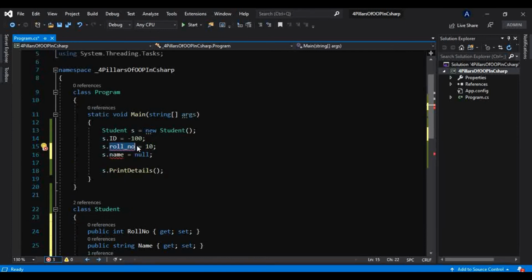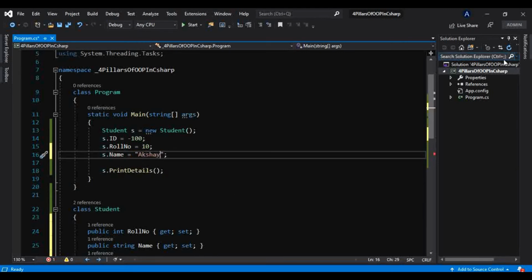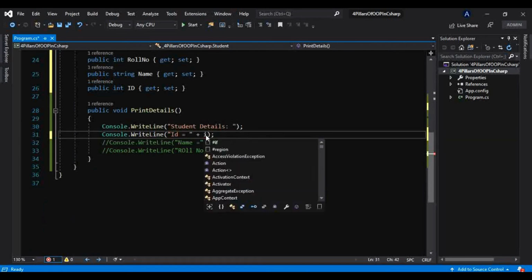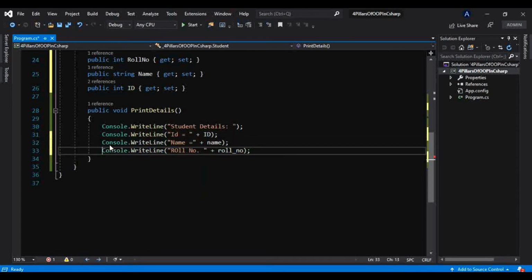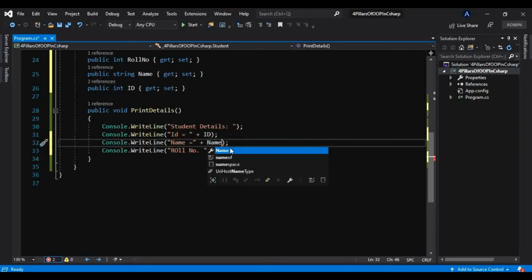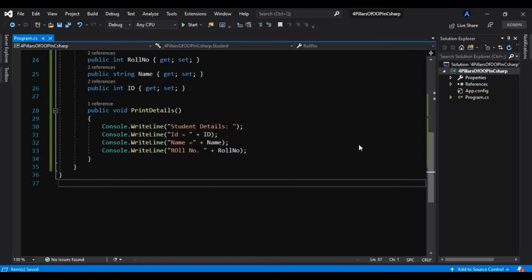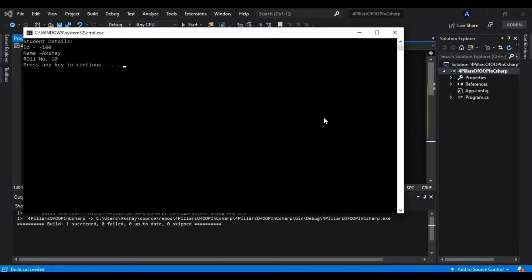Okay, so if I give a roll number like this, 10 here, and name Akshay here, and now instead of taking these private fields, we know we have properties, that is ID, name, and roll number, like this. And if I run this, okay,